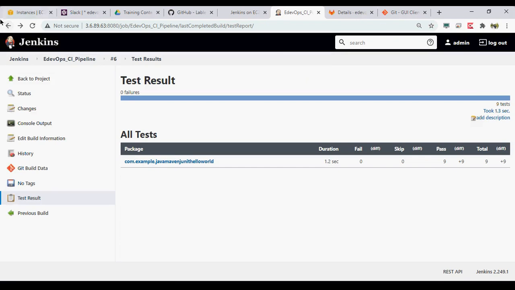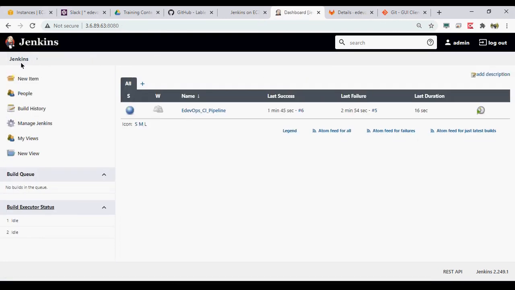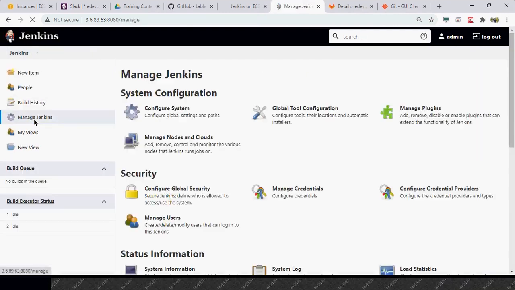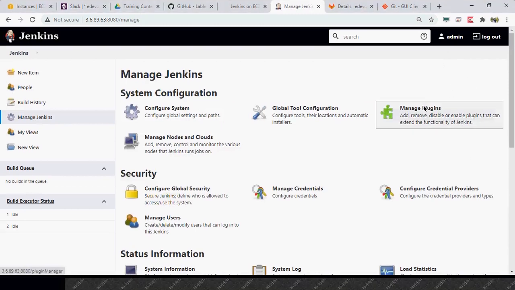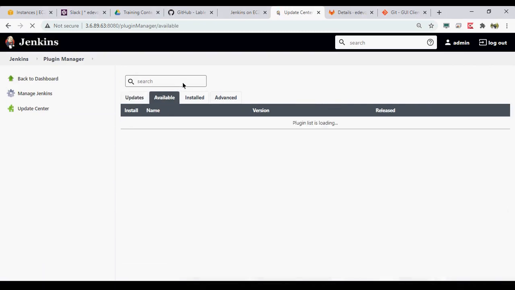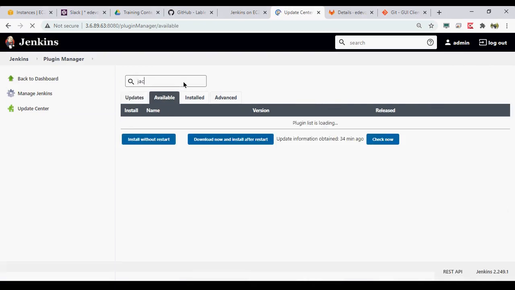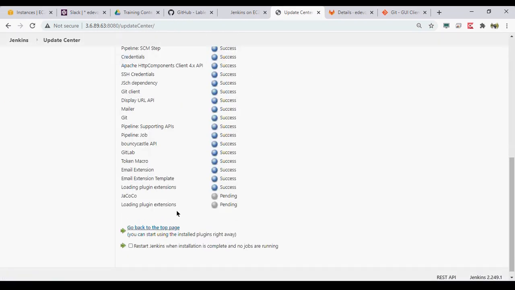So now the next part corresponding to CI is the code coverage. So now we will see the code coverage. For code coverage, we need to have a Jacoco plugin. Since we did not choose the Jacoco plugin, we will try to install this plugin. So go to the available tab, type Jacoco. Install without restart.